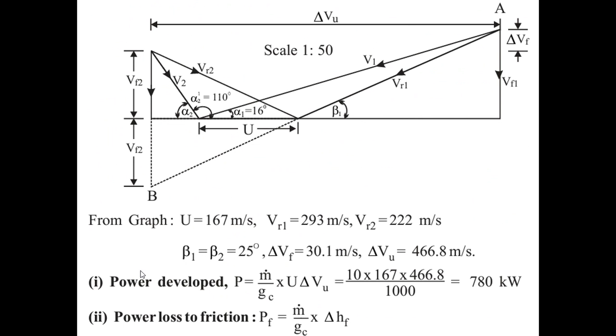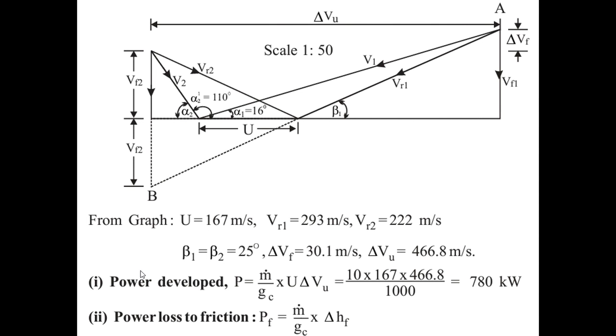The condition they have taken is that you can extend this VF vertically downside equal to VF2, VF2 on the top side equal to VF2 on the bottom side, up to B. You extend it and extend this